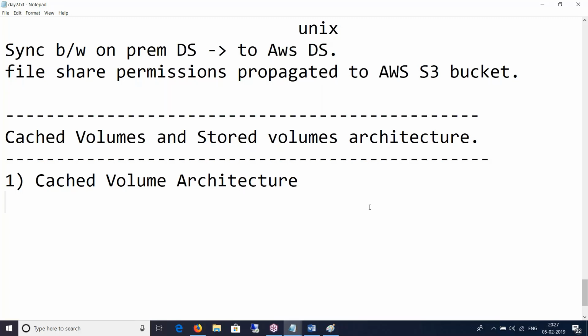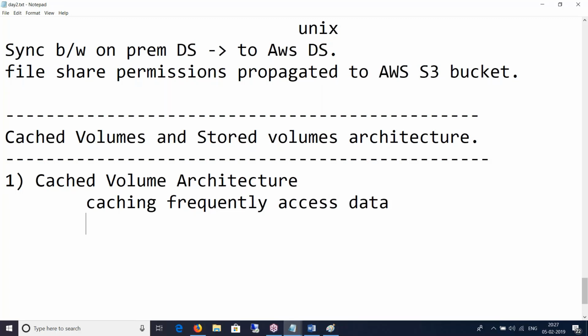And it gives applications low latency access to their frequently accessed data because we are caching frequently accessed data. Data is kept on-prem.